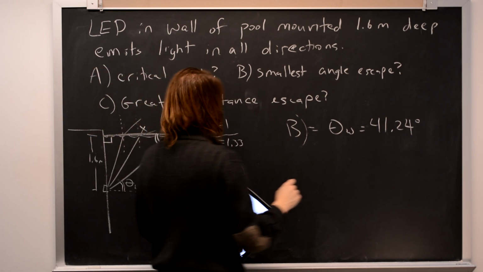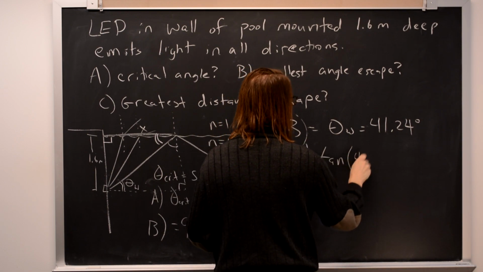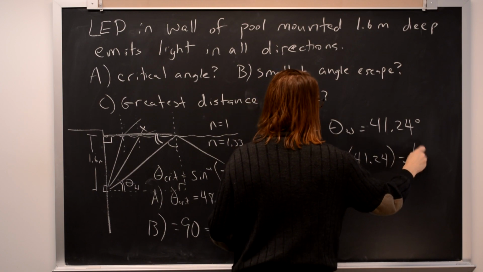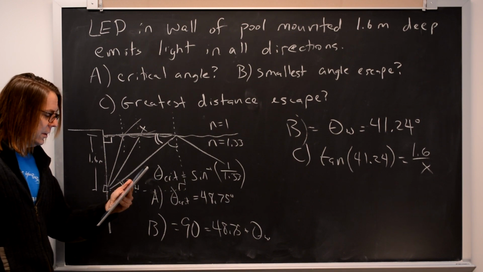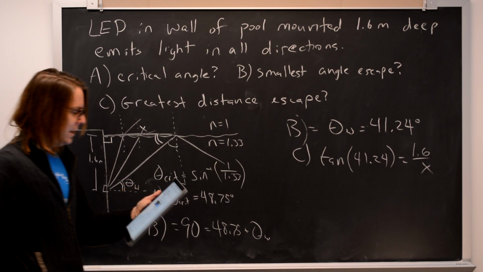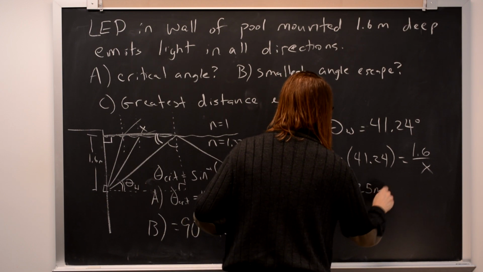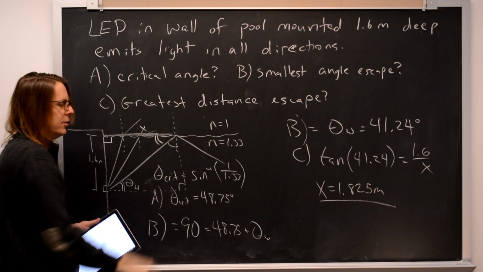So the tangent of 41.24 is opposite, which was the 1.6, over x. Right? So it's just a little bit of trig to get the answer to this one, and x is 1.825 meters. So now you know all the angles, you know how far out the light will